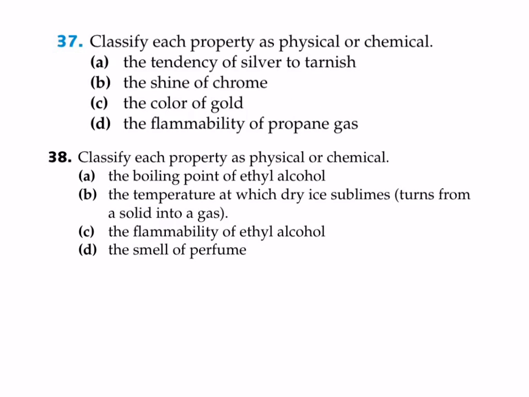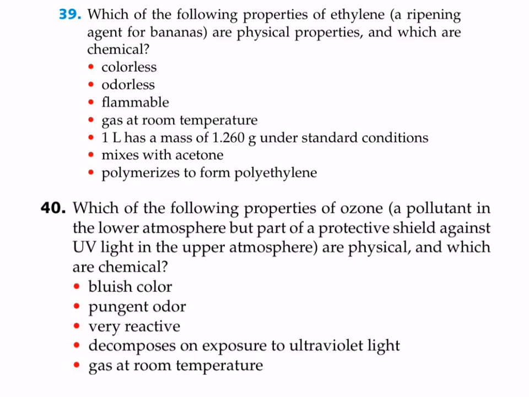Here you're supposed to say, are these properties physical or chemical? And then the next one. Oh, I like this. This is new for this edition. Number 39 deals with a ripening agent for bananas and asks you, are these physical or chemical properties? So I think you should do fine. All right, cool. We will see you